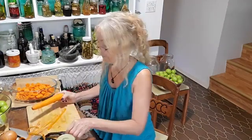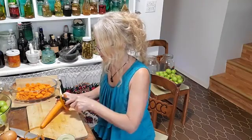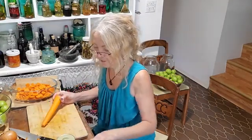The blackberries are out, which is super awesome. We're gonna do some blackberry stuff. I don't have very many right now because we live higher up, so everything's a little bit slower here. All the garden stuff is a little...